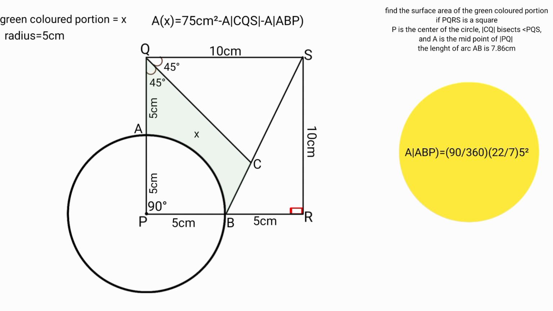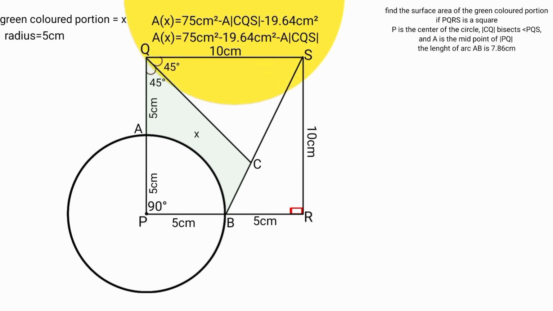So area of ABP equals 90 over 360 times 22 over 7 times 5 squared, which if you press your calculator equals 19.6429, approximately 19.64. So area of ABP equals 19.64 centimeters squared. Substitute it here now. Area of X equals 75 centimeters squared minus area of CQS minus 19.64 centimeters squared,